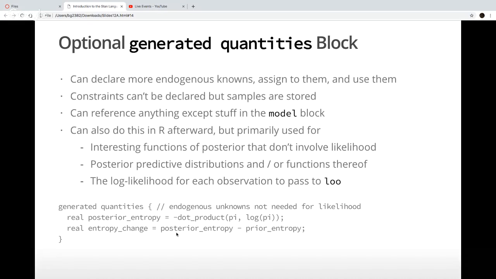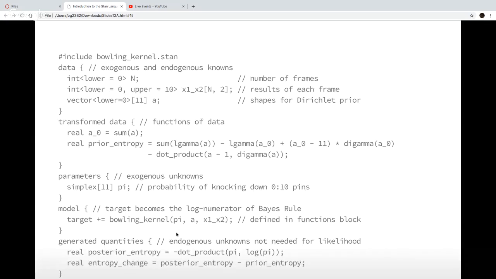So it behaves more or less like transformed data. It's just you can refer to parameters and transformed parameters because they're, in general, going to be functions of the parameters. Okay. So the whole Stan program, all the blocks that I've been referring to in pieces, is going to come up on the next slide, or more or less the whole thing. So one thing that you can do in Stan is specify #include, and it's basically going to take another Stan program and just paste it in there.